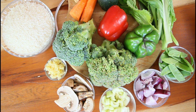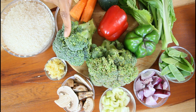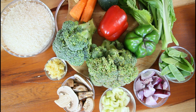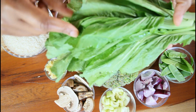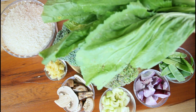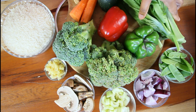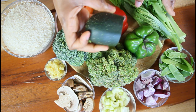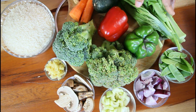I'm gonna blanch some of my vegetables, the broccoli, my carrot and the snow peas. As well, you can notice that I'm going to use mushroom and celery, and here I have some mustard greens. Yes, if you have baby bok choy, you can use it. Pak choy, you can use it. This is what I have at the moment. I'm also going to be using a piece of zucchini that I found in my fridge, as well as carrot